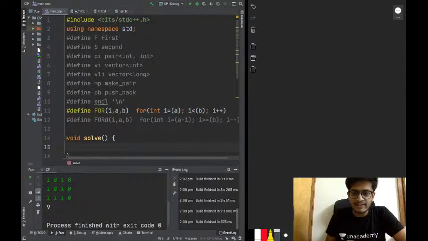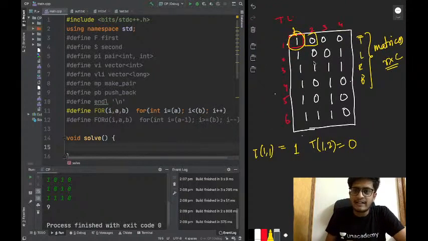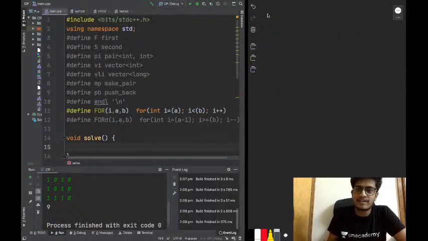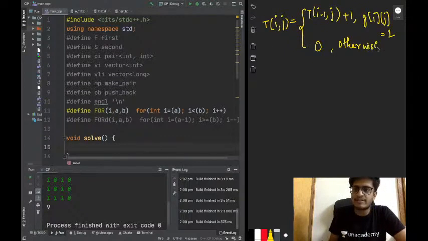So what we discussed was that the T value of any cell will be the T value of the cell above it plus 1 if this cell is 1. The recursive definition which we created yesterday was Tij equals T of (i-1, j) plus 1 if the cell is 1.